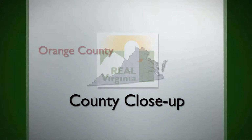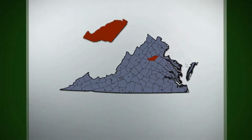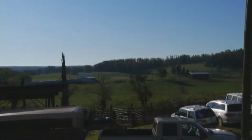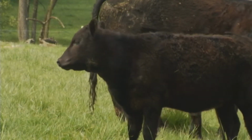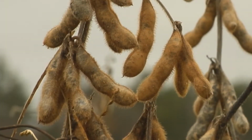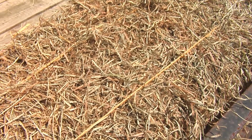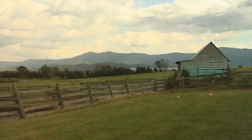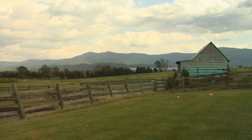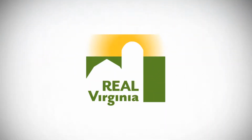The scenic rolling hills of Orange County offer some of Virginia's most beautiful countryside. This is also some of the most productive farmland in the state. Beef and dairy cattle are big business here, along with the crops needed to feed them. Corn, soybeans, wheat, and barley are grown here, along with hay. And the 518 farms in Orange County generate more than $76 million in cash receipts, making it the 7th-ranked county in Virginia agriculture. There are also a number of wineries and grape growers in Orange County,